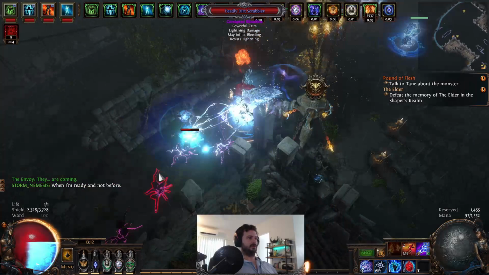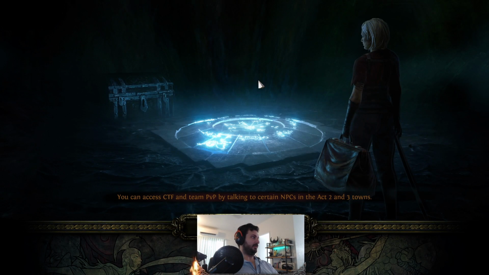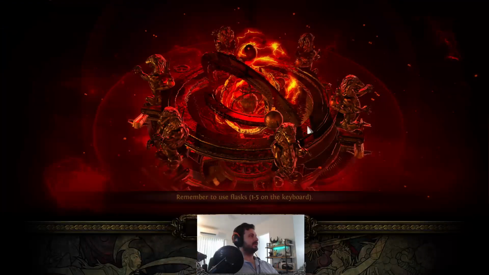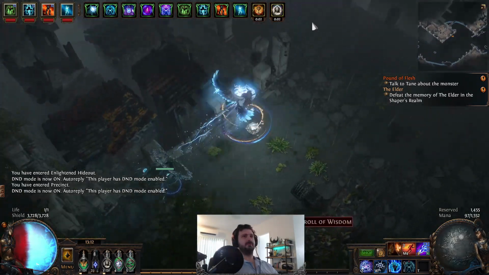Now we do have problems with Corrupted Blood, which is what we're seeing right there. I haven't got Corrupted Blood in the build, and honestly they need to remove Corrupted Blood from the game, but beggars can't be choosers. Honestly, why would they even put Corrupted Blood in the game? It's just so stupid. But anyway,